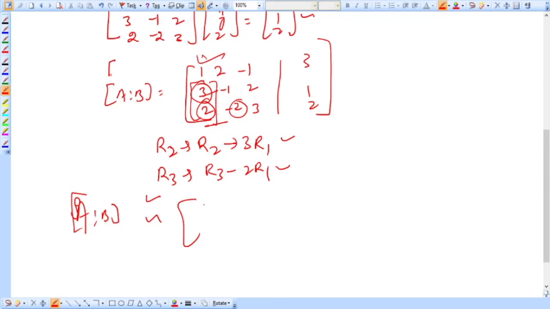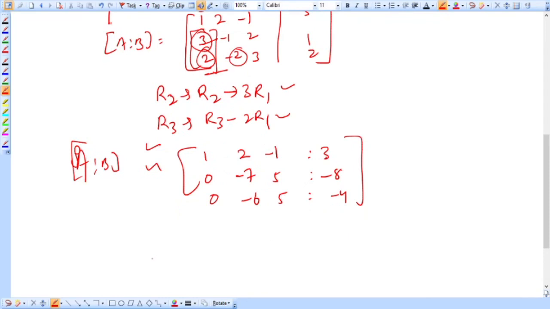So it is equal to, कितना हो जाएगा ये, 1 2 minus 1 as it is, 3 here, and it would be 0, and minus 1 minus 6, this would be minus 7, and 2 plus 2 plus 3, which is equal to 5, and similarly it is equal to 1 minus 9, which is equal to minus 8, and this would be 0, minus 6, 5, and minus 4.